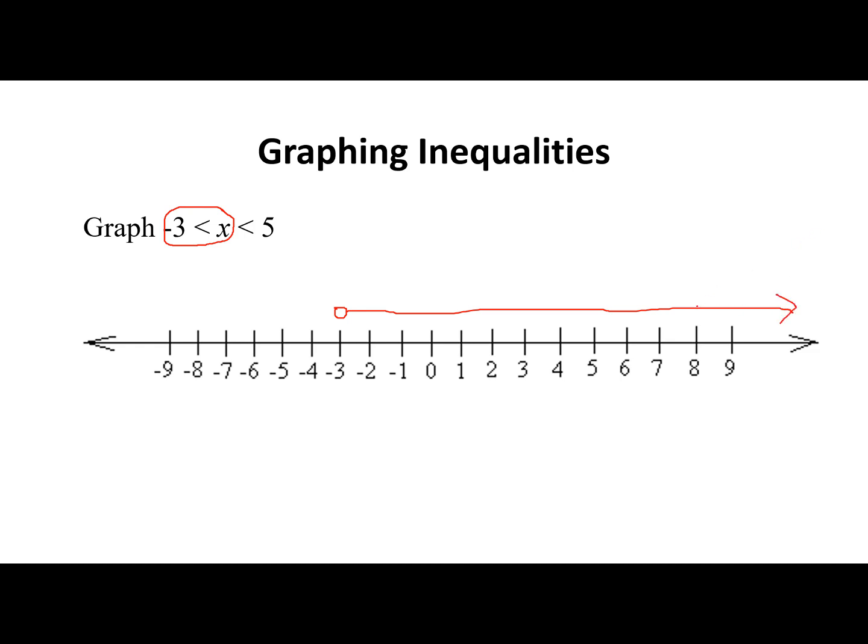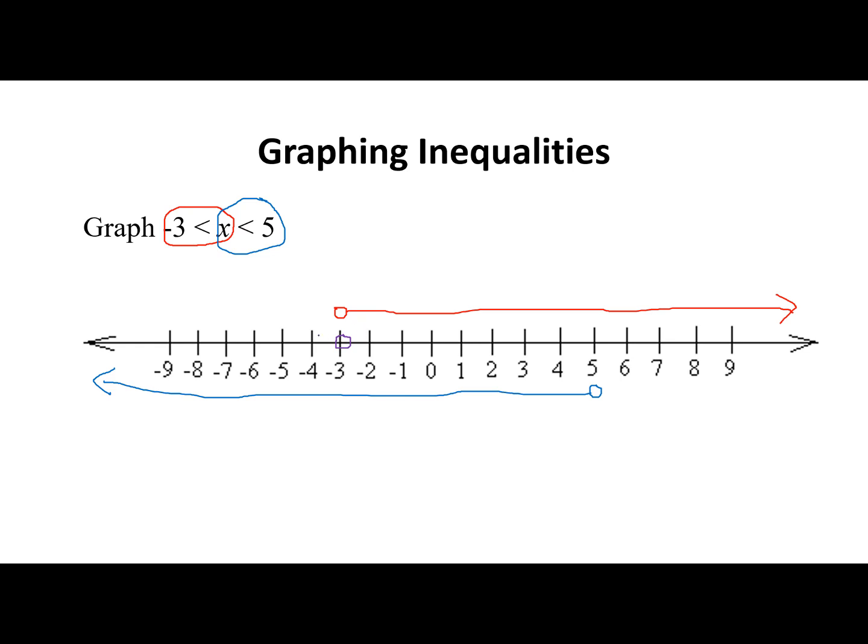Okay. Then the second part of this inequality is this one, and this is saying x is less than 5. So we go to 5, it can't equal 5, so we would put an open circle at 5, and it's all numbers that are less than, or to the left. Okay, now what numbers are in between -3 and 5? Well, that's the numbers that are overlapped both in the red section and the blue section. So the numbers that will make this inequality true